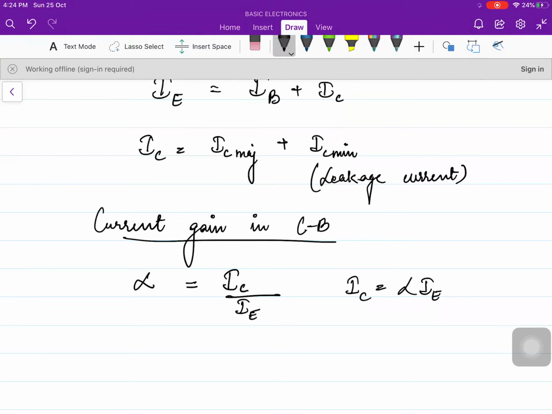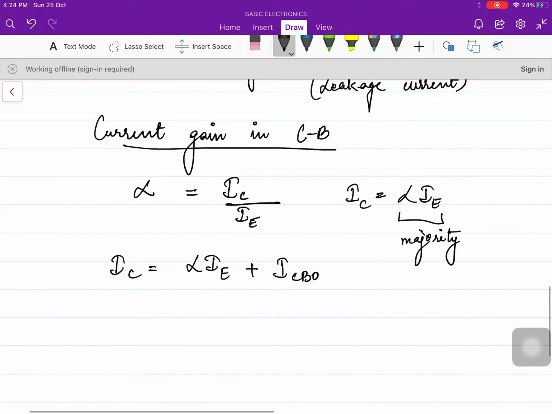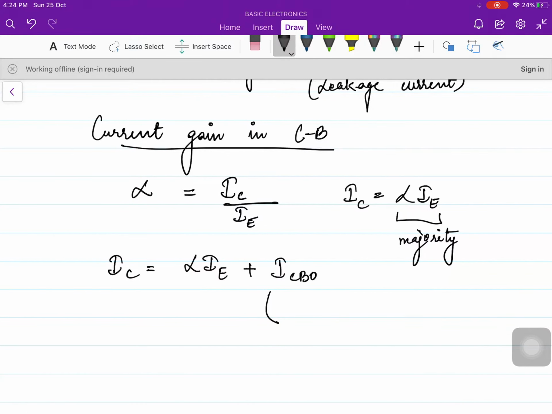And this current is the one which we were talking about, the majority one that we were discussing all throughout when we were learning the operation of NPN transistor. Now there is another current that we were not including earlier, and that is the leakage current, and it is indicated by ICBO. ICBO, what is the full form of ICBO? For remembering, you can learn it like leakage current in common base, but the actual full form is current in collector and base terminals when emitter is open.